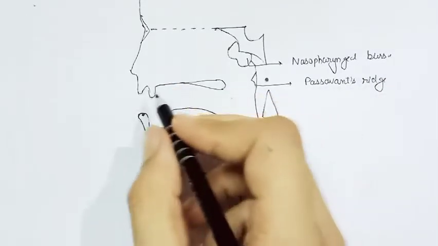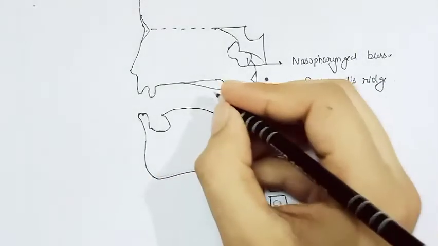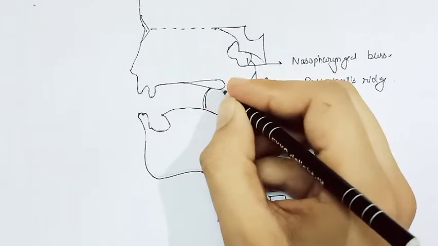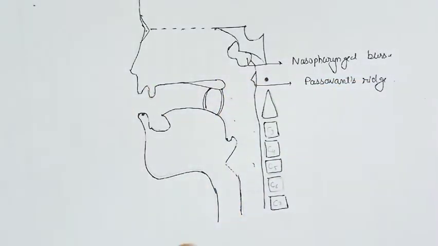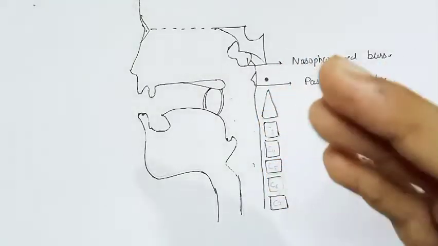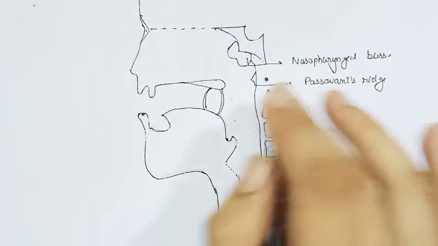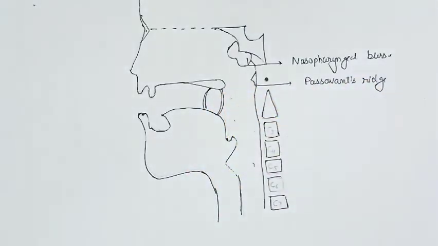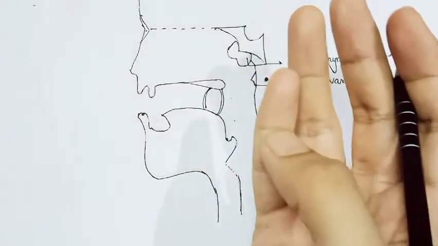This is the palate, the hard palate and the soft palate. And here we have the palatoglossal fold. So what are all these structures? If you are having trouble remembering this, don't worry, because we are going to have a separate video or separate discussion on all this topic, that is the passavant ridge or the palatoglossal fold. So do not worry, but just have a look, because we are not going to discuss only the nasopharynx,